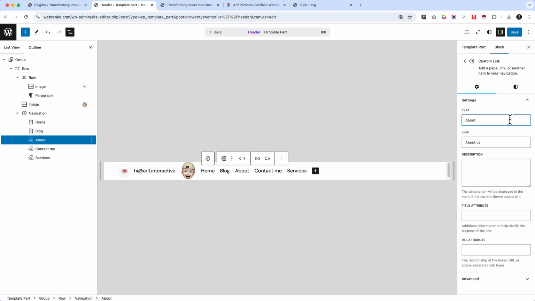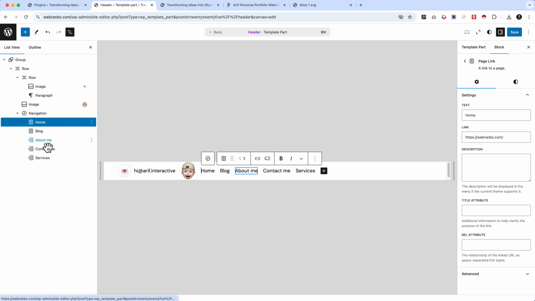I can also change it from here. And now let's drag and drop. Let's keep the home first, about the second position, blog third, and contact last. Okay, this looks perfect here. So our header, all of the contents, are displaying on the left hand side, and the row